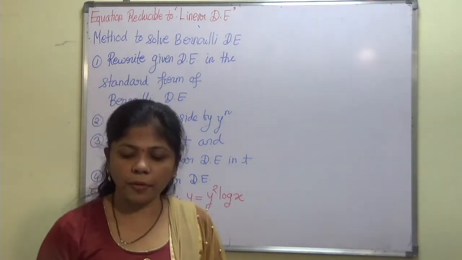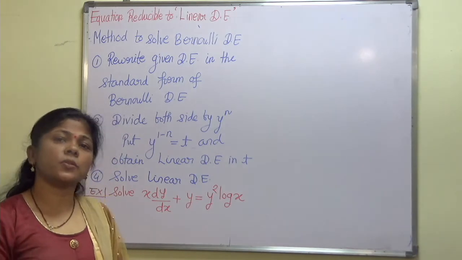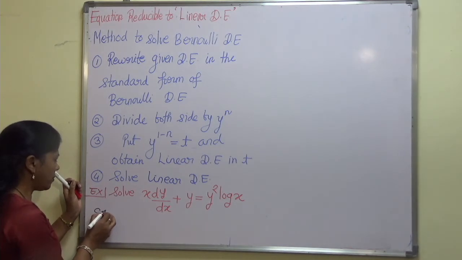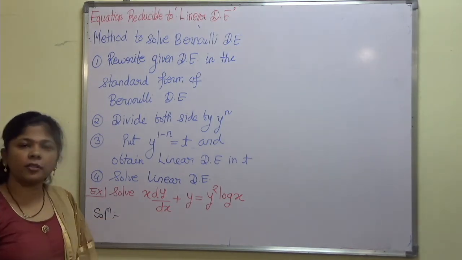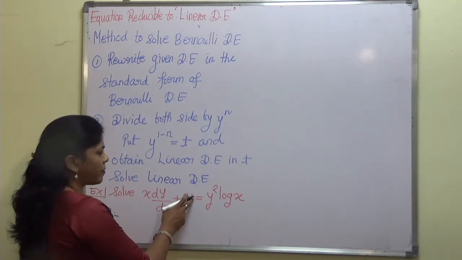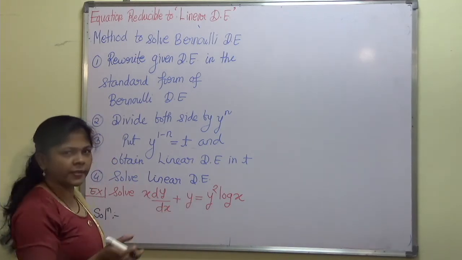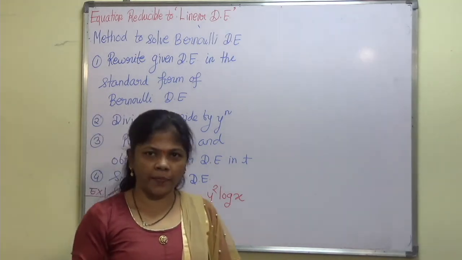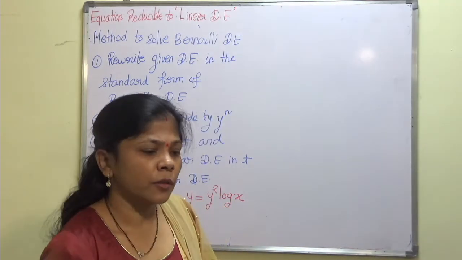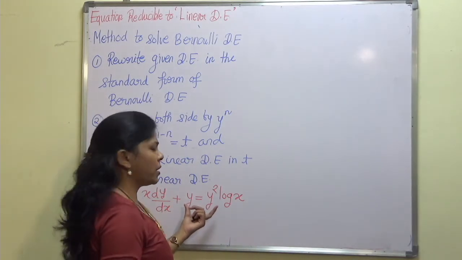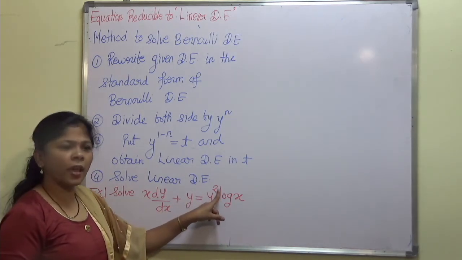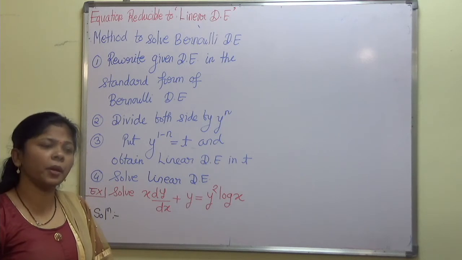Okay. So what we have to do first is to identify the type of differential equation, right? First of all, we will observe the powers of x and y. We will look for a linear differential equation. The power of x is 1, the power of y is 1, and 2. So neither is the power completely 1, right? So this cannot be a linear differential equation. So let us look for the form of a Bernoulli differential equation. We have y to the power n form, so this can be reduced to a Bernoulli differential equation.